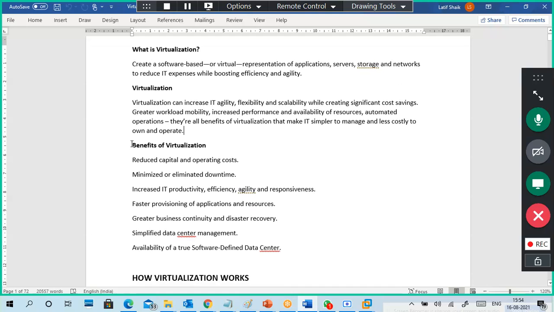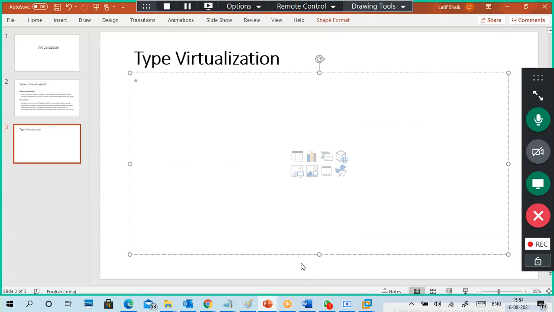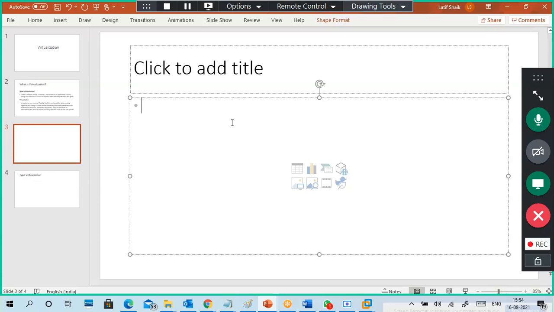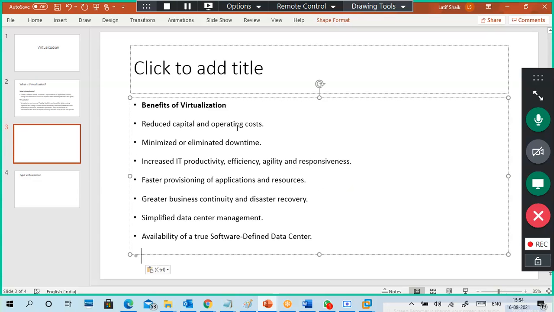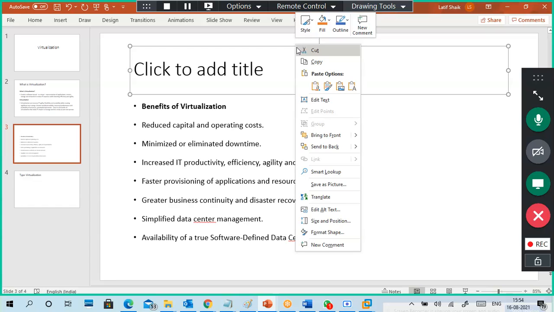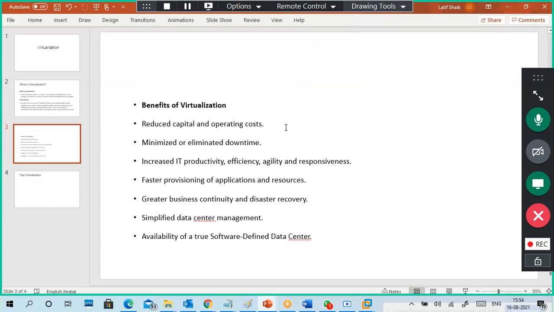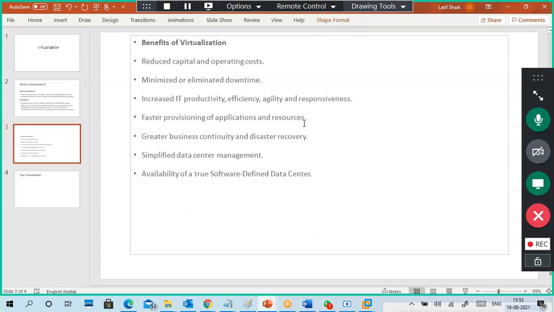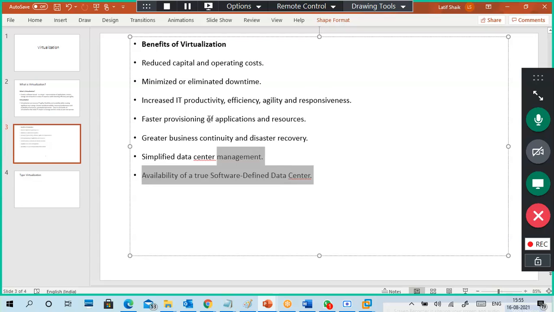Here the benefits of virtualization are also given. So for you to read easily, I am creating it in a slides manner, because it's quite easy for you to read it from slides than from very big notes. Networking is okay because